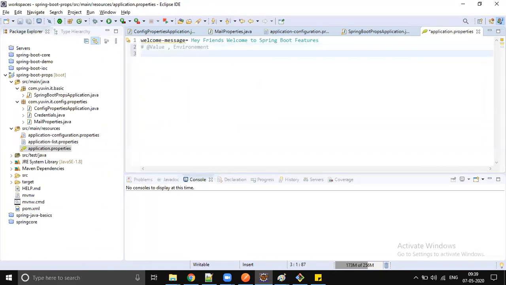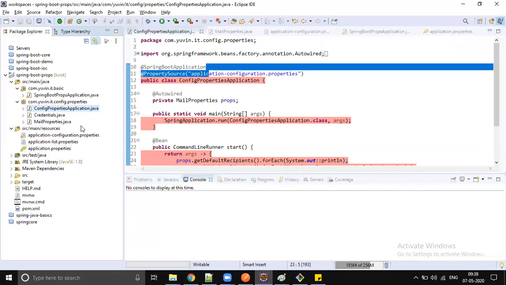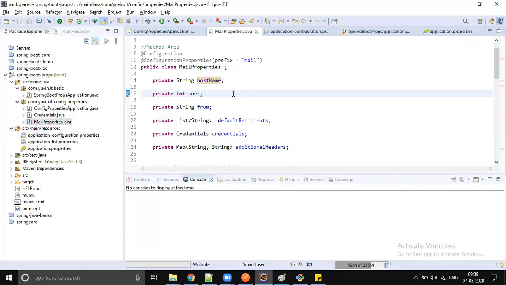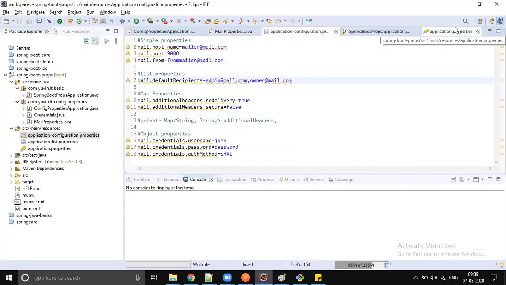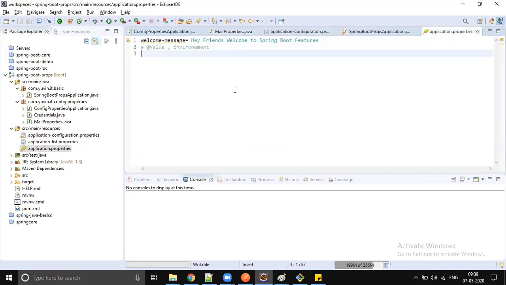Instead of doing at value so many times or environment.getProperty so many times, we use at configuration properties. This is better readability. Performance wise, there is no difference. It is a better way of configuring the properties. But we use this when we have grouping. At value and environment we use when we have individual properties.